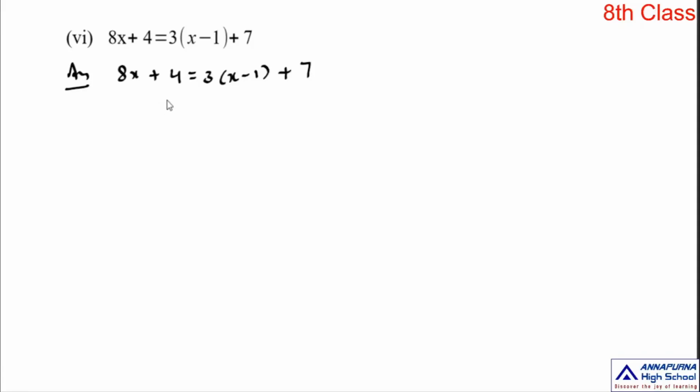Why? Because in arithmetic we have one rule. Anyone remember? BODMAS rule. When you do any simplification, you must follow the BODMAS rule. In this BODMAS rule, B stands for brackets, O stands for of, D stands for division, M stands for multiplication, A stands for addition, and S stands for subtraction. So according to this, first we remove the brackets.